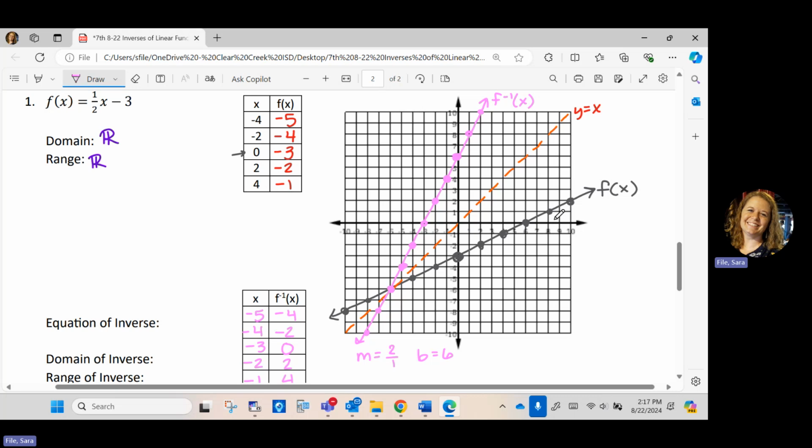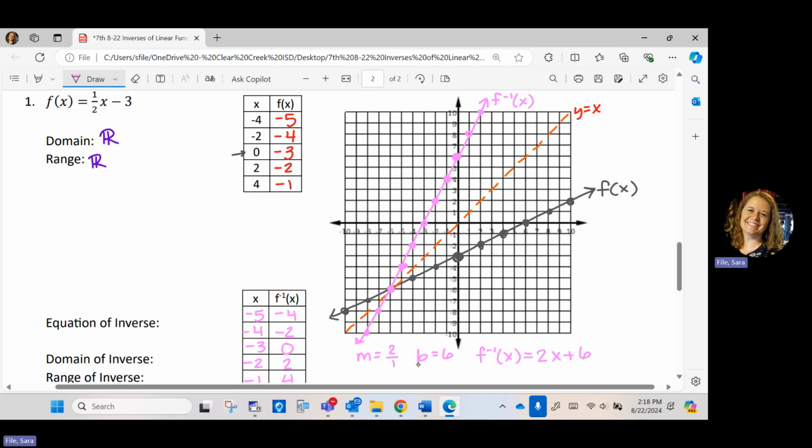So if I'm asked for the equation of the inverse, and on my graph I can see the y-intercept, and I can count the slope, can't I just write my inverse function as mx plus b? Y'all see that? So I can use the graph to write my function of the inverse, or I can do the 4-step process using the algebraic steps. Yes, sorry, that's a b. Like my y-intercept b